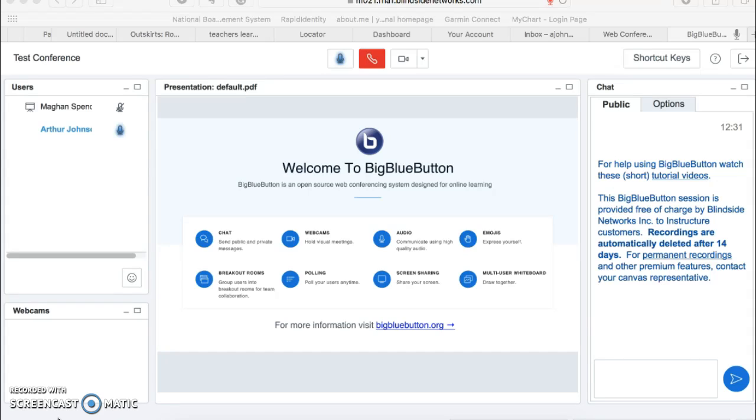There you have it. If you have any problems with the login, just contact the person listed in the notes